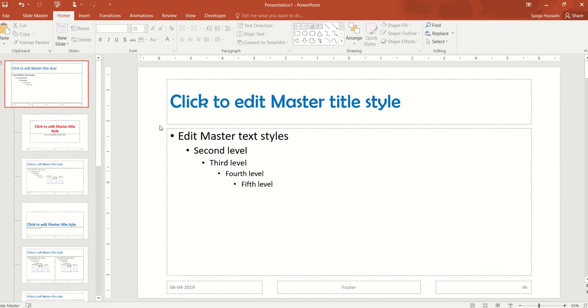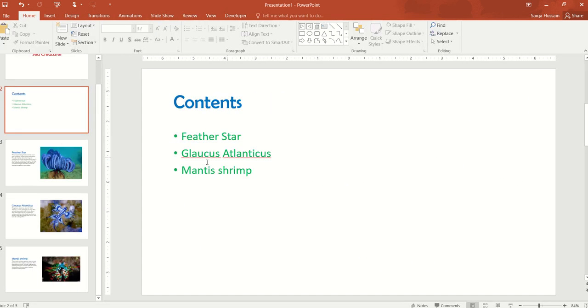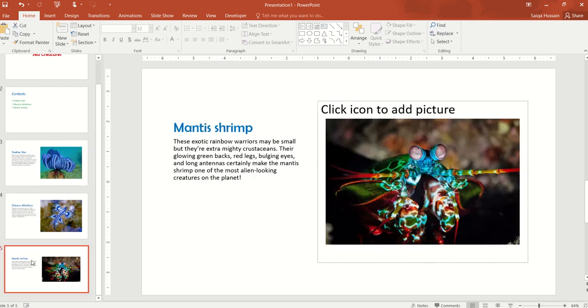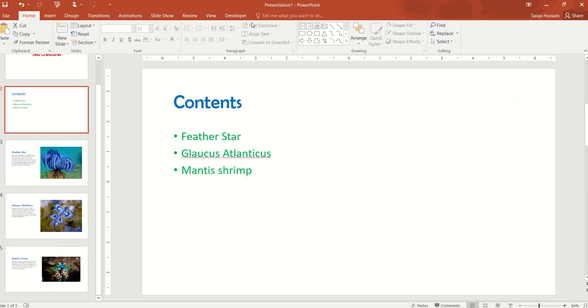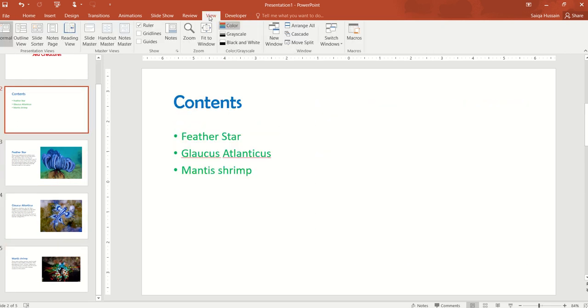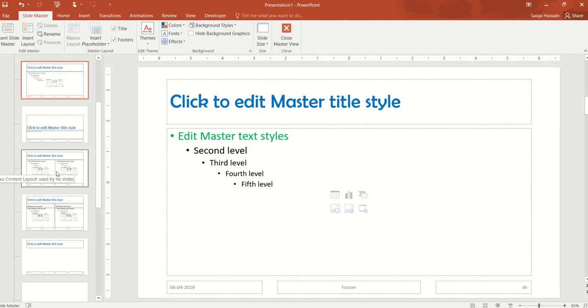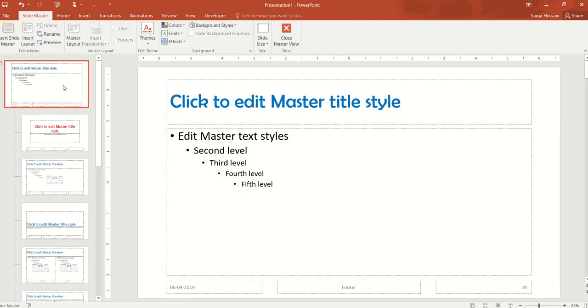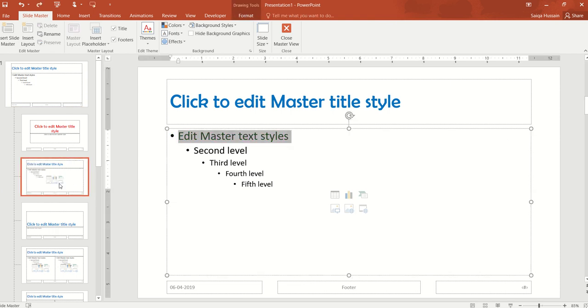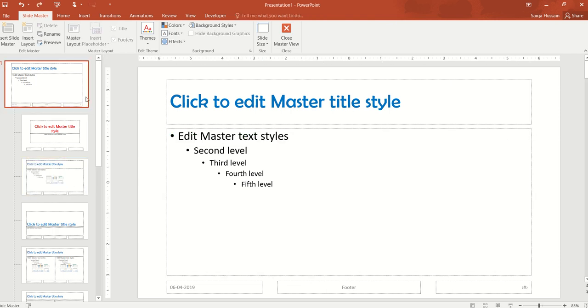Okay, so just to show you, I'm going to keep switching back and forth so you can see what's going on. You can see it's changed that and it hasn't changed anything else anywhere else. So if you want to change something that applies to all slides, then you know where you need to go. You scroll up and you change it here. Okay, so if I just undo that change that I made to title and content and change it up here,